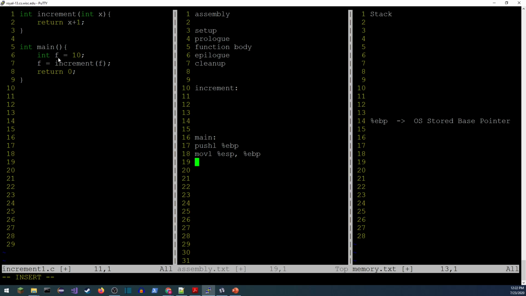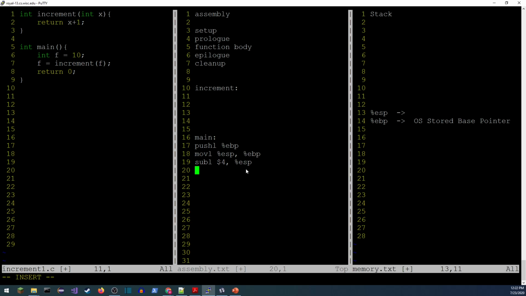Then we're going to reserve some space for this variable f. So to add space to the stack, big addresses are lower, the stack grows up towards smaller numbers. So I need to take the stack pointer, which is right here at line 14, and move it up. I want to subtract to do that. And I only need one integer, so I'm going to take an immediate 4 bytes and remove those from the stack pointer. What that's going to do is move the stack pointer right here, just a little arrow. And this is where I'm going to store that 10. Right now it's just empty with whatever was in there before.